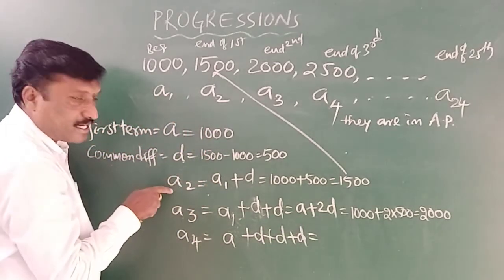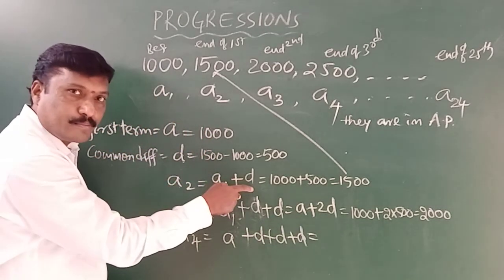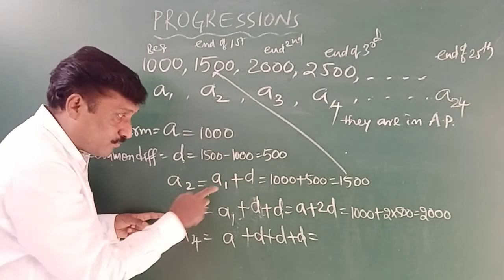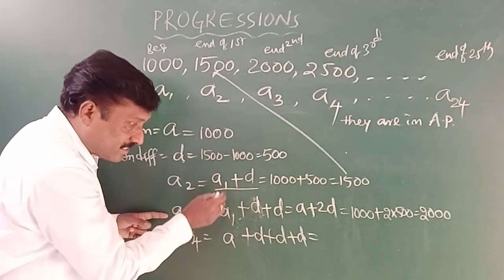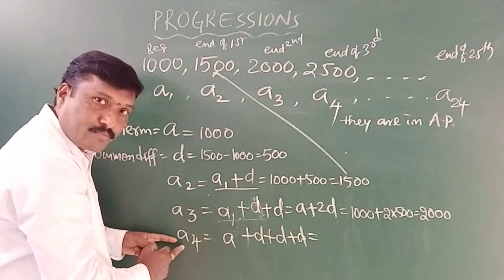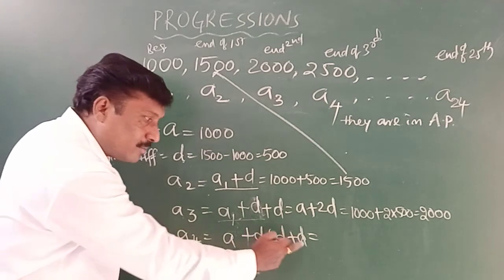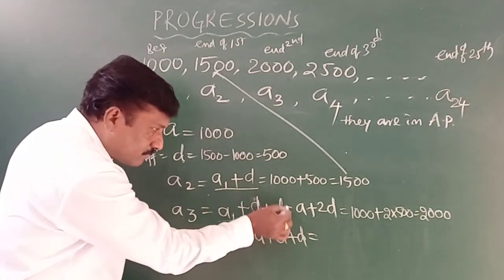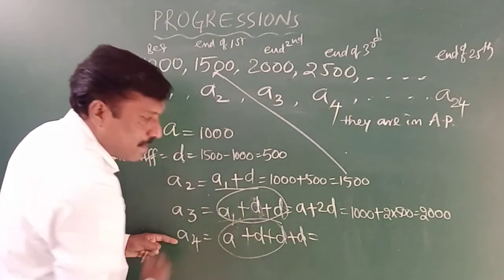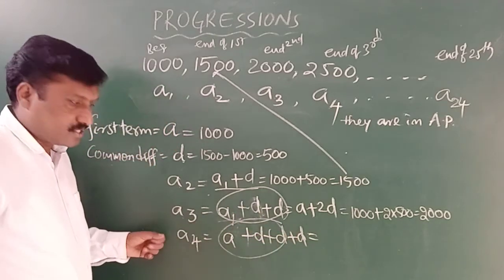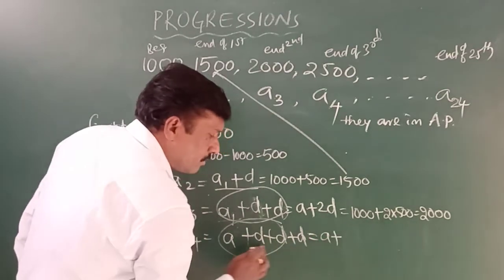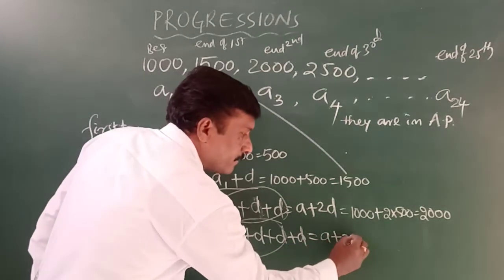Second time I want, first term plus d. Third time I want the second term, this total is the second term, taking here and plus d. I want the fourth term, I add the common difference with the third term, which is the third term. This total is the third term. So therefore, for the third term I am taking and adding the common difference. It is nothing but, you studied algebraic expression, d plus d plus d. It is 3d.